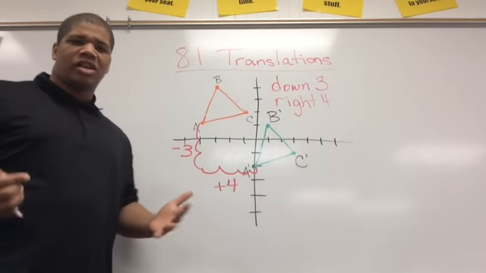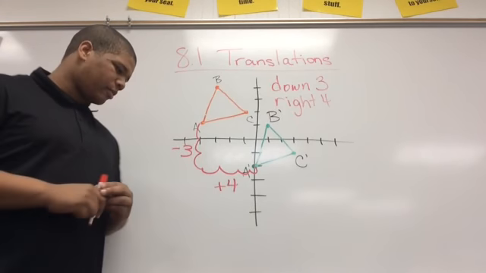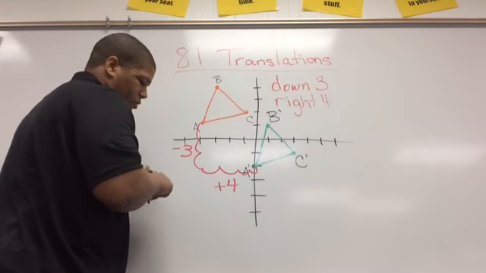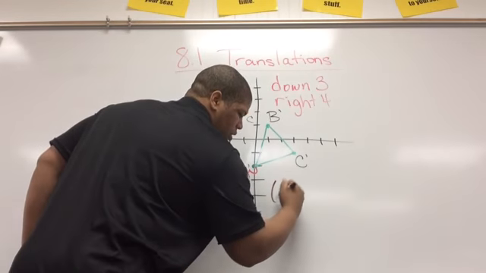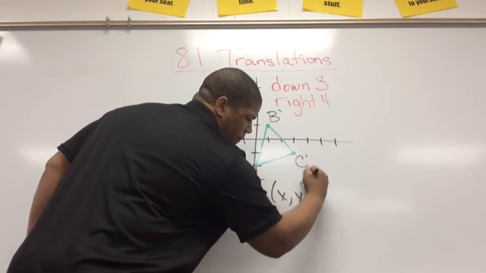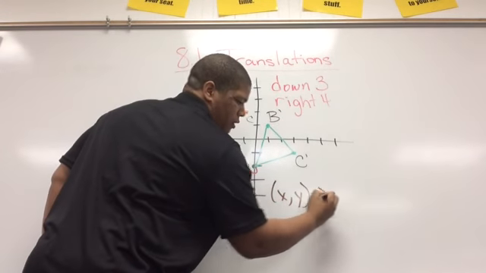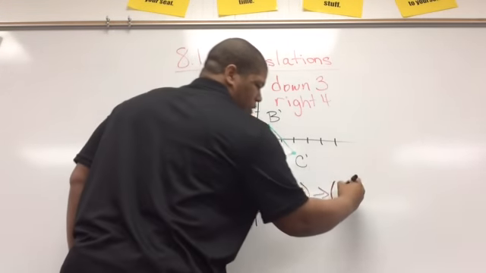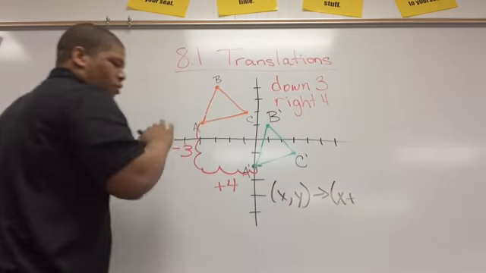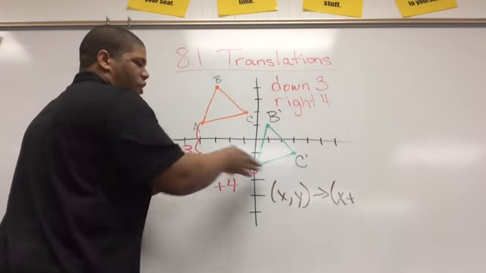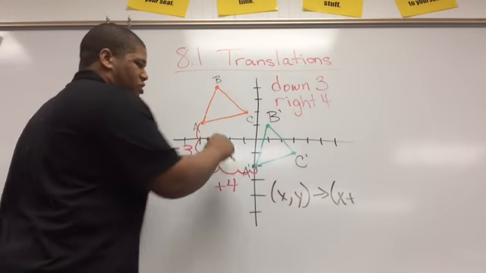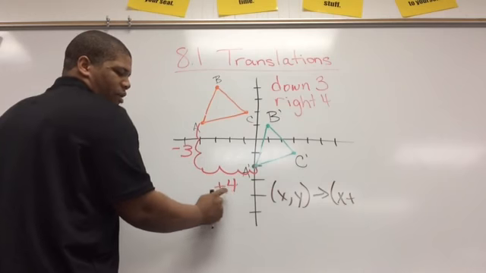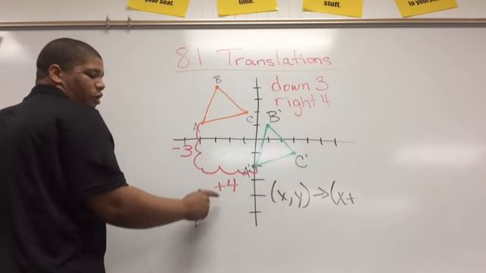So how can I write this algebraically? I bet that's what you're wondering. To write this algebraically, I would start off with parentheses x comma y, do an arrow, and then I need my x plus whatever however far I went either right or left, because remember this is the x-axis and it goes right and left. So however far I went right or left, and I went right 4, since it's right 4, it's plus 4,